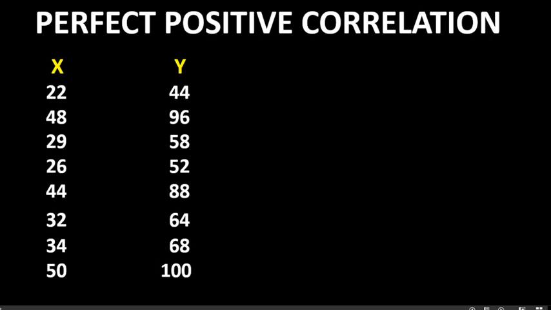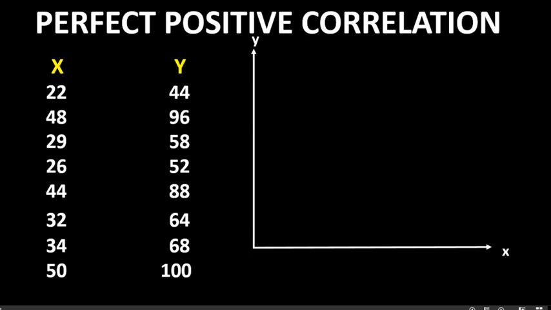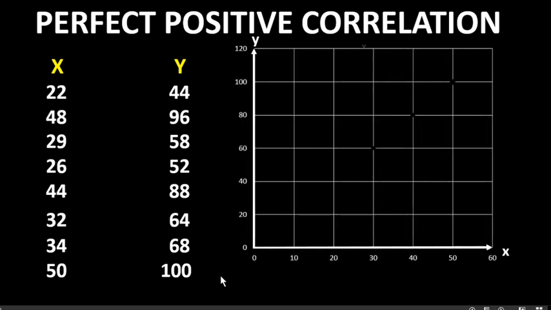For that, the first example is given on the screen, where x and y, two correlated variables, are given and values of both the variables in pairs are given. On the basis of these values, we will draw the graph. We draw the scatter diagram. For that, x and y axes are drawn on the graph as shown on the screen, perpendicular to each other. Now we take the scales on both the axes as shown on the screen.